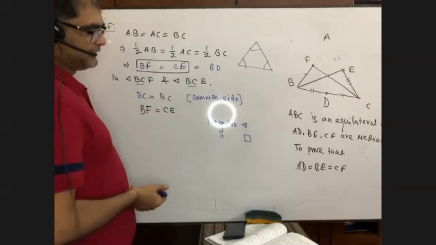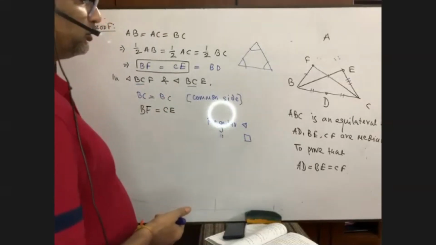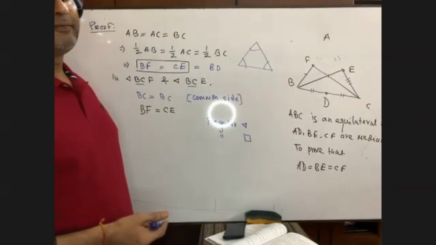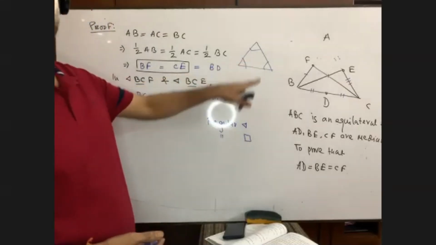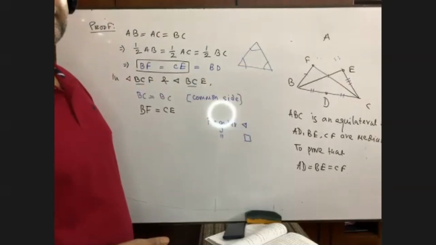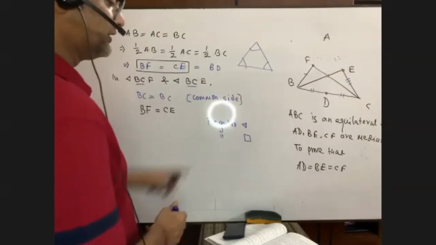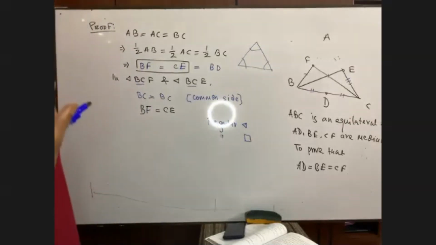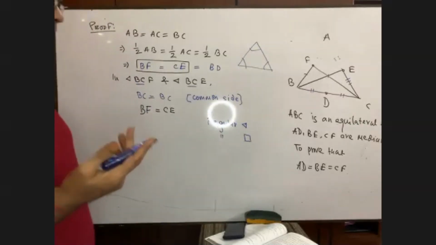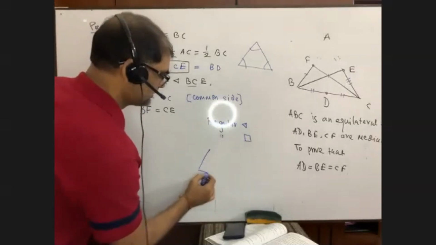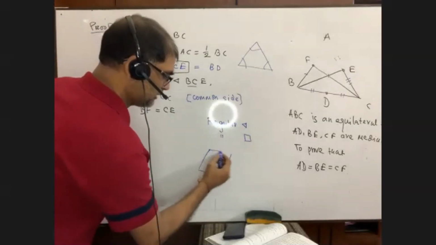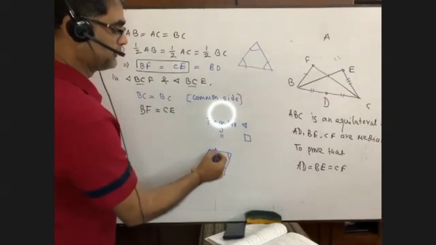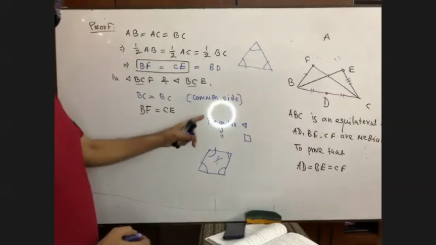Regular triangle means the triangle which has three sides equal and three angles equal. Yes sir, that is the equilateral triangle, called a regular triangle. Again, what is a regular quadrilateral? A square or a rhombus? Four same sides and four same angles. A rhombus is not a regular quadrilateral because the angles are not equal. So the answer is a square, right?